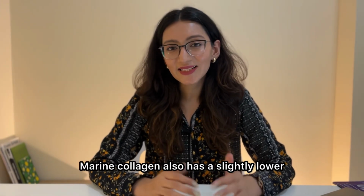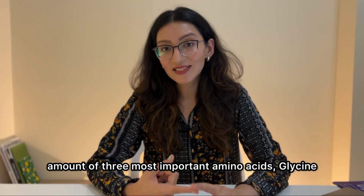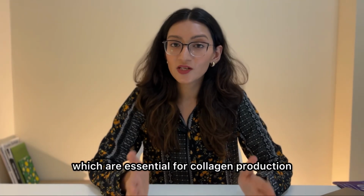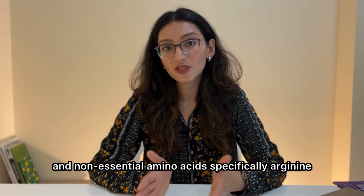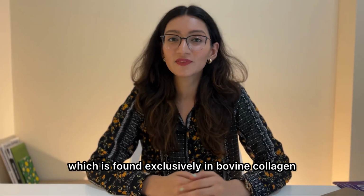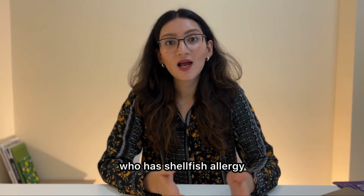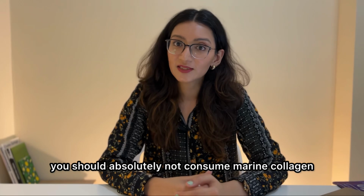or even iced tea. Marine collagen also has a slightly lower amount of three most important amino acids, glycine, proline and hydroxyproline, which are essential for collagen production and tissue repair. This form of collagen also lacks some essential and non-essential amino acids, specifically arginine, which is found exclusively in bovine collagen. And finally, allergies. If you're somebody who has shellfish allergy or seafood allergy, you should absolutely not consume marine